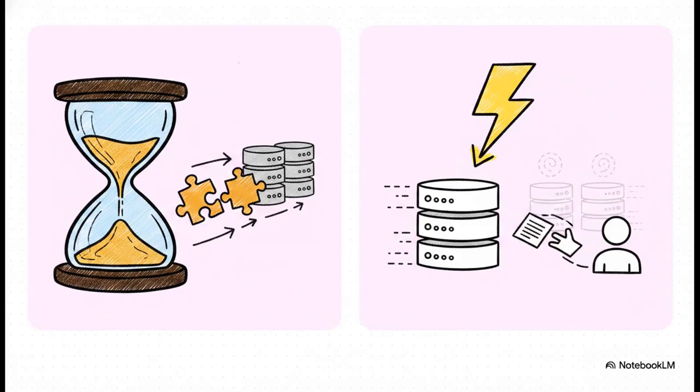PACELC. That else half perfectly captures the trade-off senior engineers make constantly. If you want strong consistency, you literally have to wait for your writes to sync across multiple replicas before you can confirm the action back to the user. That unavoidably adds latency to your system. Or, alternatively, you can acknowledge the write immediately to get that sweet low latency, but you have to accept eventual consistency, basically accepting that some users might briefly see stale data.